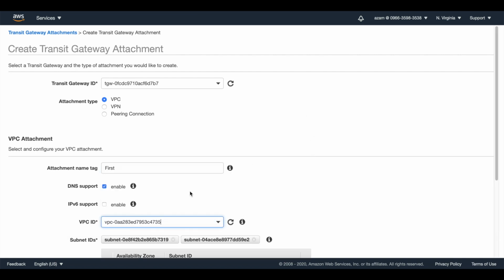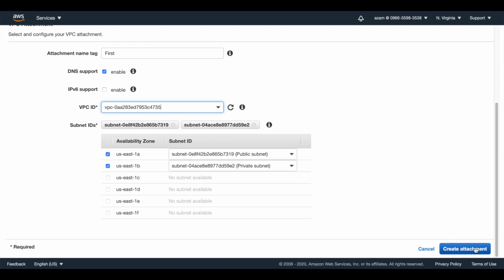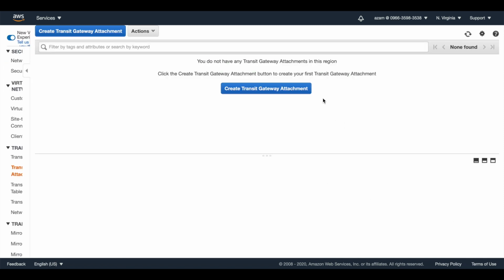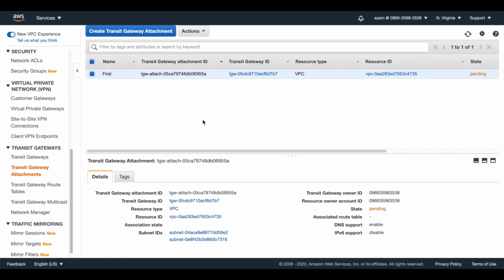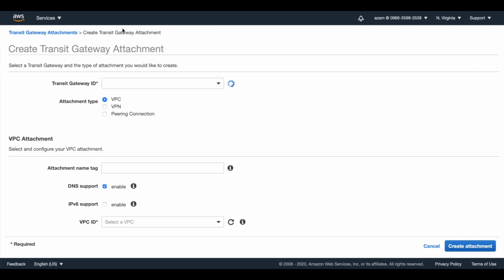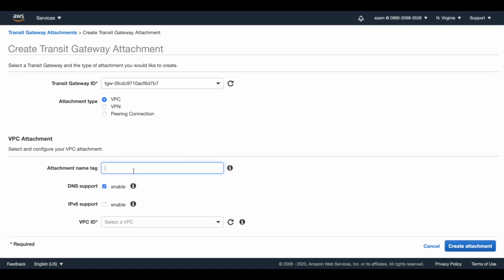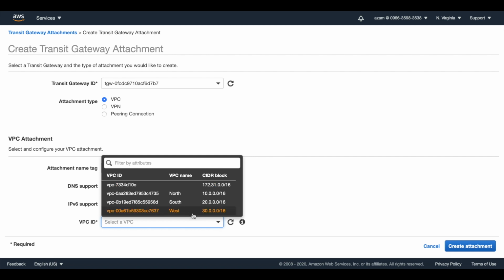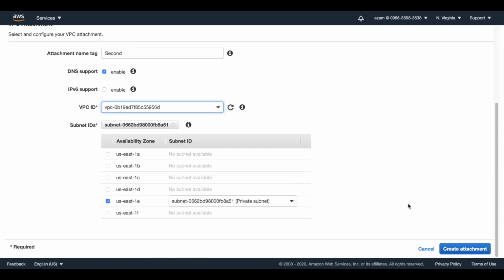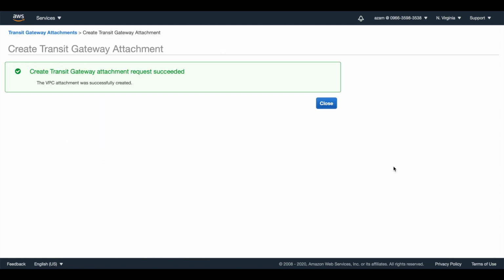I'm going to north, create attachment, close, and now create another attachment. VPC second, VPC south, create attachment.